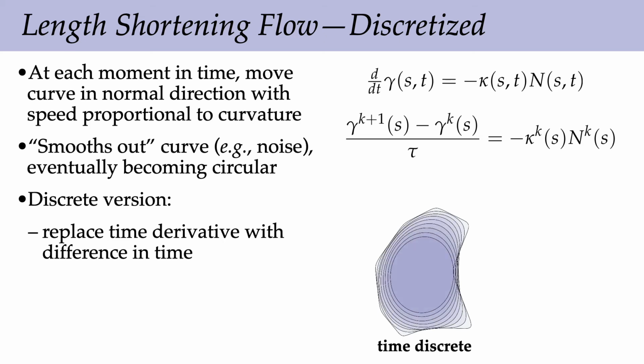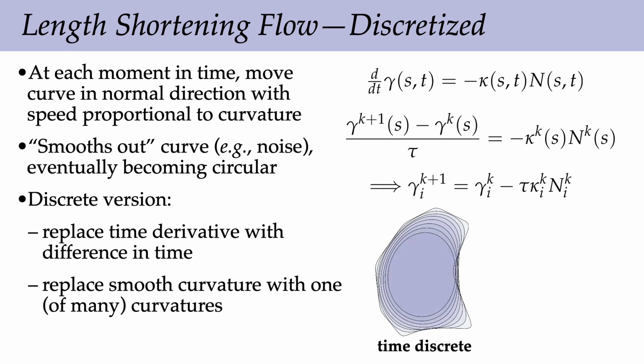Okay? So to complete the job, I need to also deal with the right-hand side of this equation. I need to replace this curvature kappa and this normal n with some discrete version. And we looked at many, many different discrete curvatures earlier on. Right? One that would be maybe very natural in this case, if we're talking about length shortening flow, is, hey,